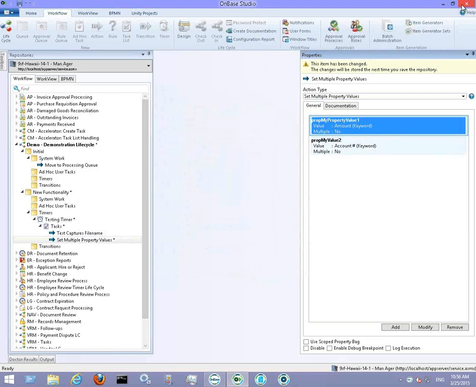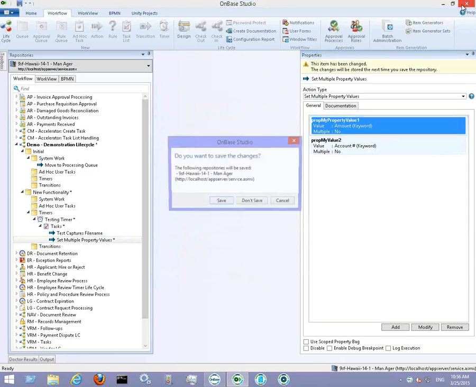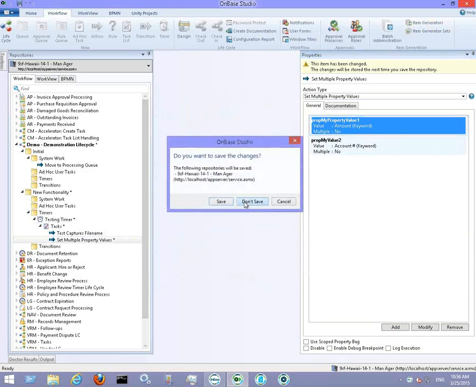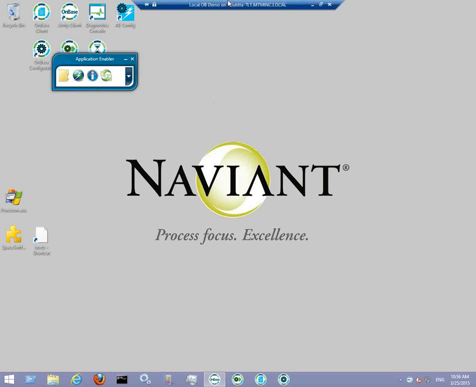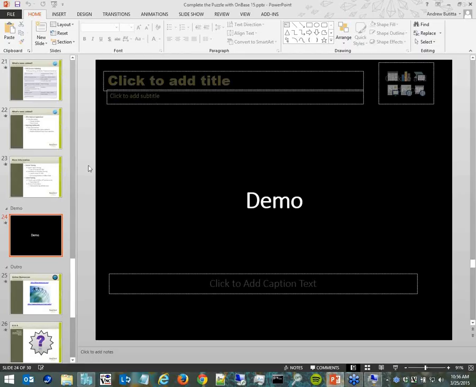All right, so that's all I've got lined up for a demo right now. There is a lot more things you can do, and there's a lot on the community. There's its own tab called OnBase 15. So for more information, if you guys are looking to go to version 15, you can get more information on the community. If you have any questions,